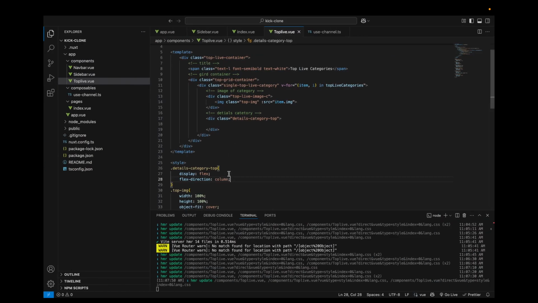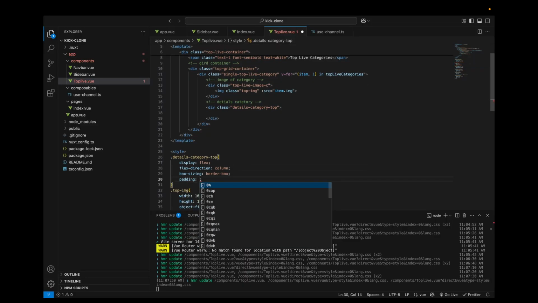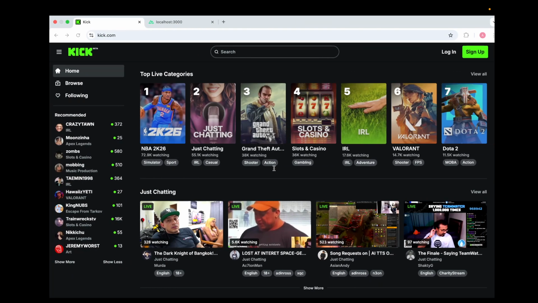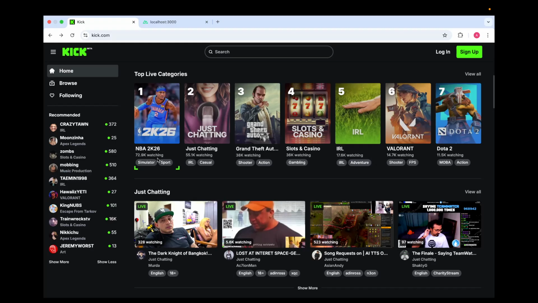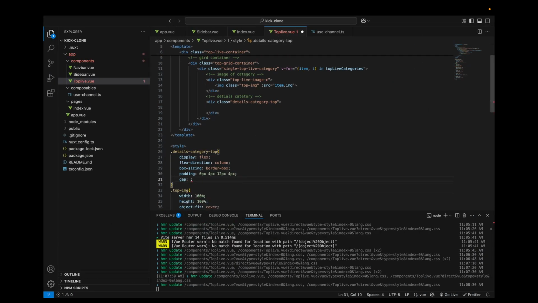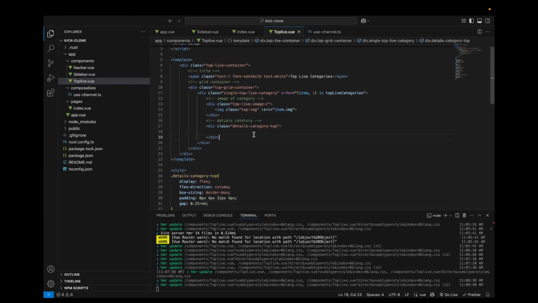So we'll give this some padding. No padding, top 0. We'll do right 4 pixels. Bottom we'll do 12 pixels. Left we'll do 4 pixels. All right. And then we're also going to do a gap, like we said, 0. So now we have,